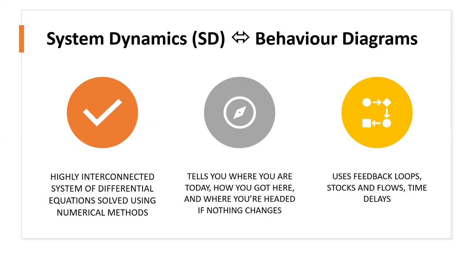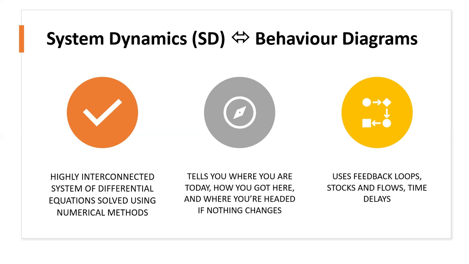So just in case you don't already know, system dynamics focuses on behavior over time diagrams, where you have a parameter of interest, the variable, on the y-axis, and then time on the x-axis. And we use differential calculus to model the behavior of the system, in particular that variable of interest over time, with the system dynamics model. As I said, it's based on differential calculus, and basically system dynamics models are highly connected systems of differential equations